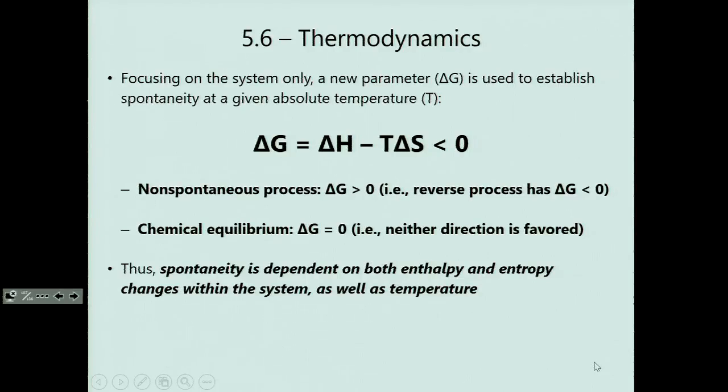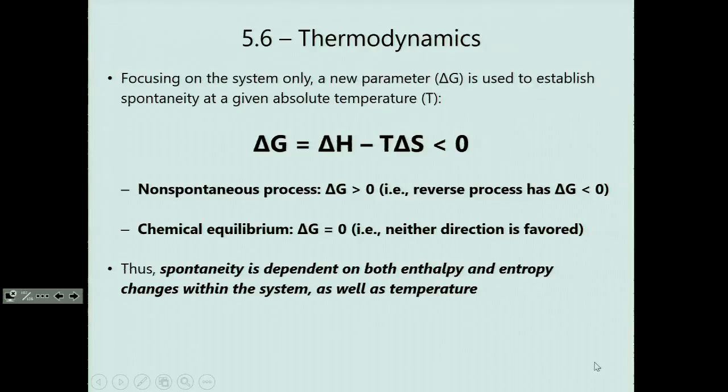Those same processes will also be associated with changes in the relative organization of the particles involved in the process, which then entails a change in entropy. And of course, the temperature will play a significant role in the outcome, because depending on temperature is how everything else ends up happening. So when you take into account those three things together,